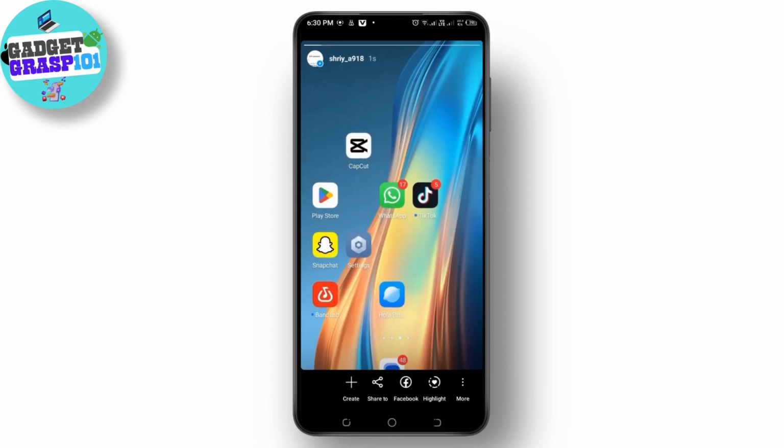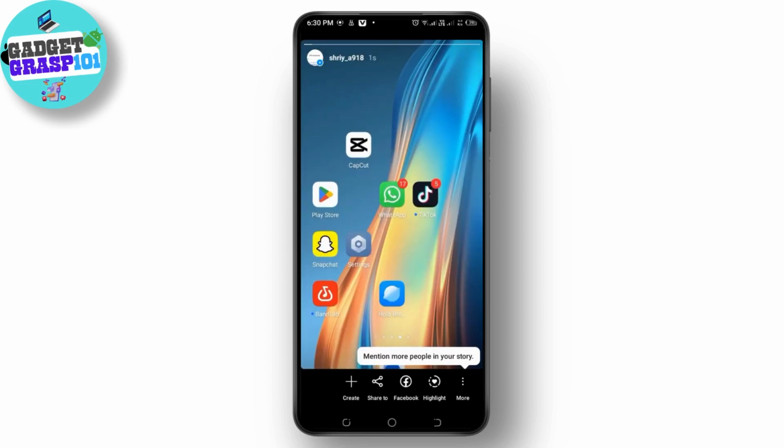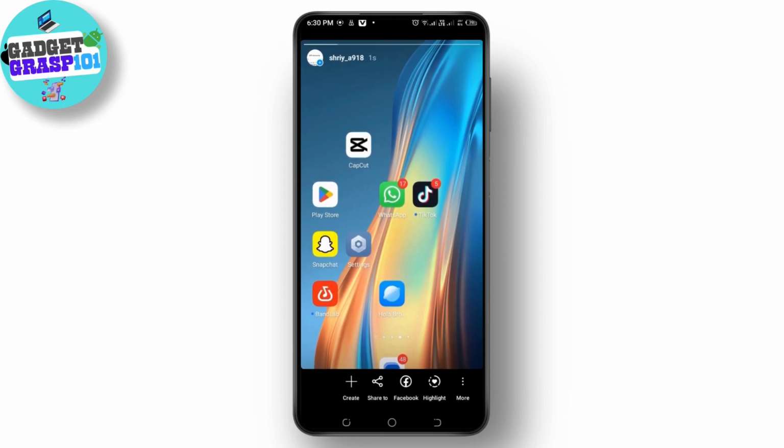And when it gets uploaded, what you have to do is simply tap on your story. Over here we can see at the bottom there's a highlight option. Just beside the Facebook, tap on the highlight,